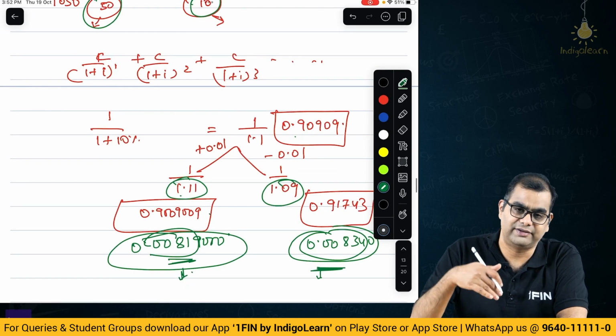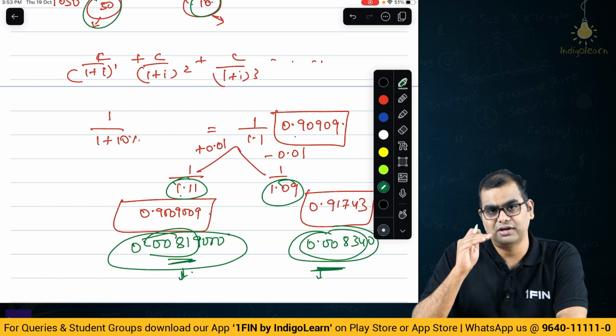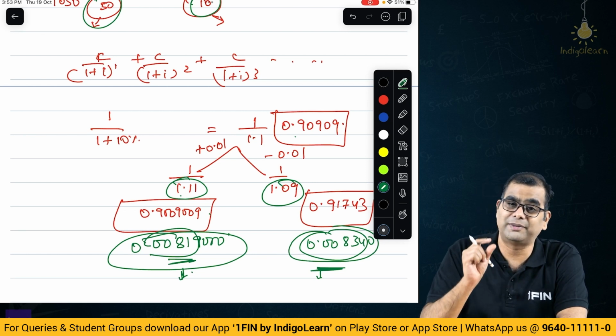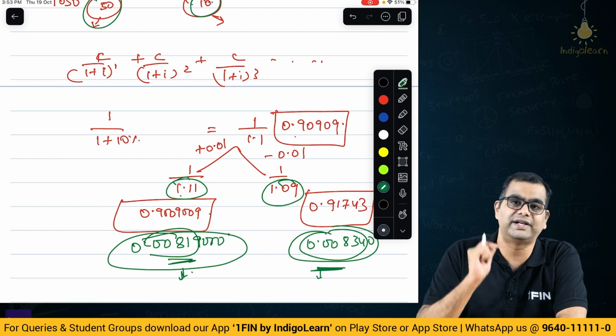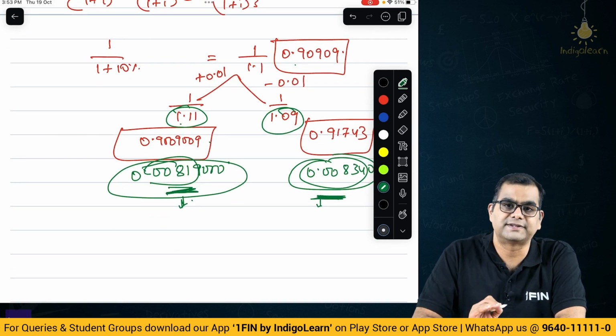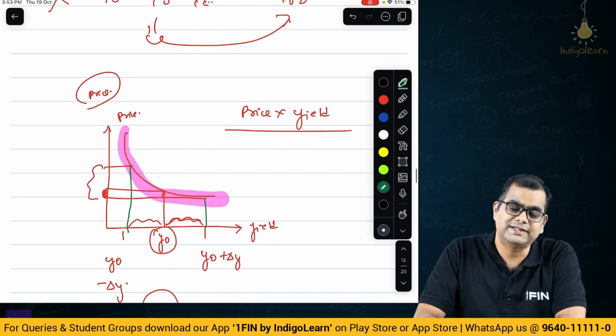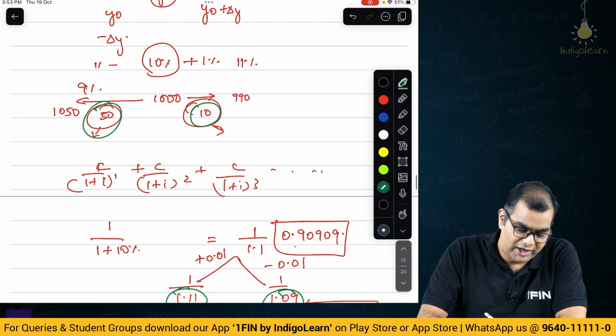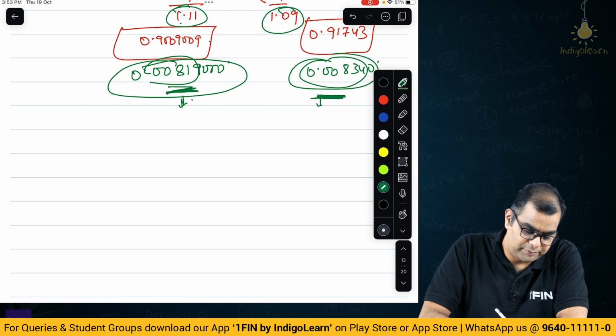One is the fact that when you add interest rate, the price is different. When you subtract interest rate, price is different. Price is obviously different, but the change in price is very different, right? So, there is a very different change in the price. So, what it means is, when you have the